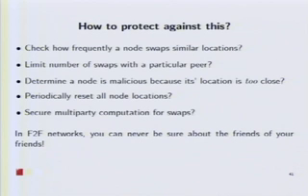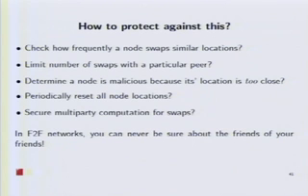So what are some possible protections that Freenet could use to protect against this? One thing they could do is check how frequently a node swaps similar locations. But as soon as you define similar, you're limiting the size of your network. And as all peer-to-peer networks want to be, they want to have as many peers as possible. So that's not a good solution. Another idea is limiting the number of swaps with a particular peer. But if you stop the number of swaps at, say, 5 with a certain peer, and it's still advantageous for routing to swap with that peer, then you're screwed, and that's not a very good protection either.